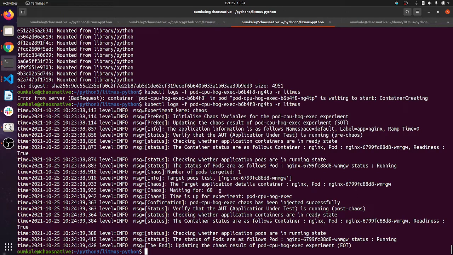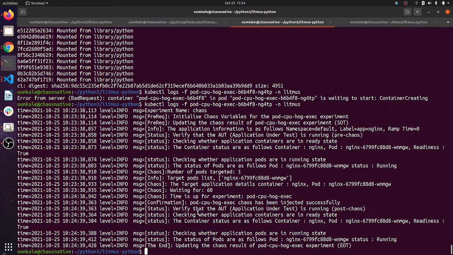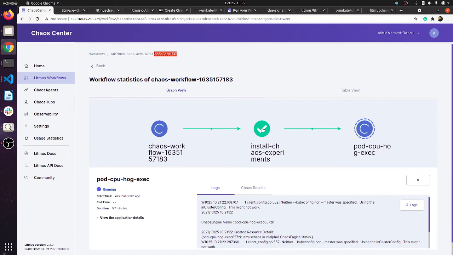Our total chaos duration is completed and everything worked fine. Our events are all working perfectly, and it has also updated the chaos result pre and post. We have successfully injected the chaos on the application.